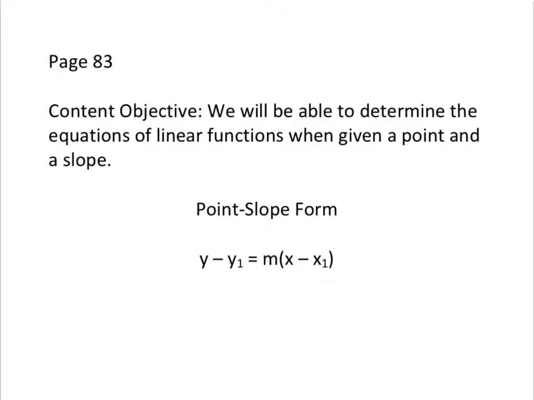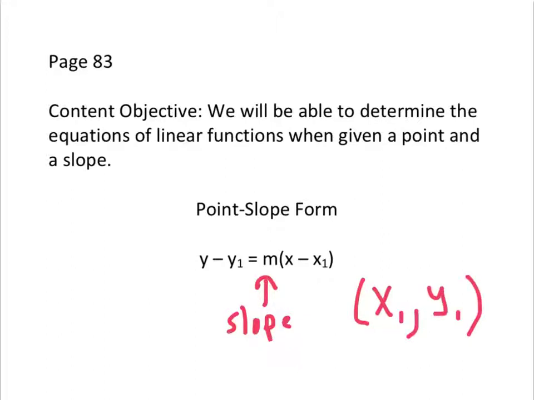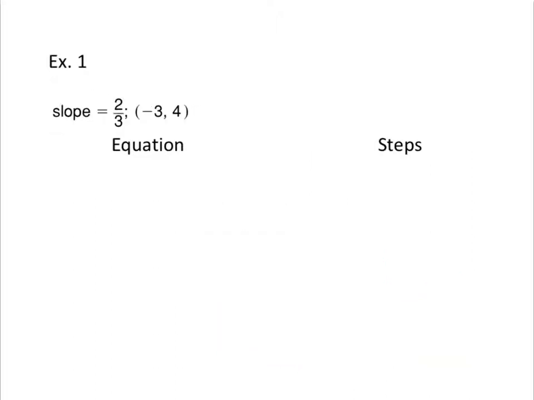equations of lines. When you're given a slope or an m and you're given one point, and that one point is going to be known as x1, y1. So if you're given a slope and a point, you can find the equation of that line using this formula. So we're going to practice. We're going to take this slope of 2/3 and this one point, -3, 4, and we are going to find